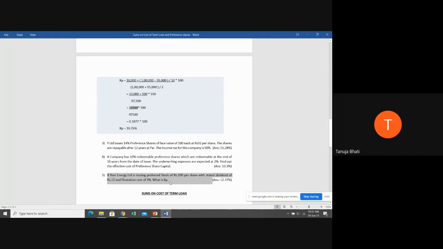Now, students, here the dividend amount is directly given, rupees 12. So you need not worry that there is no rate given. Directly the dividend is given, rupees 12. Now can anyone tell me which formula you are going to use, irredeemable or redeemable? Irredeemable. And the formula is very simple: it is PD divided by NP into 100. You know PD is directly given, rupees 12. NP: can anyone tell me what is going to be your NP here?